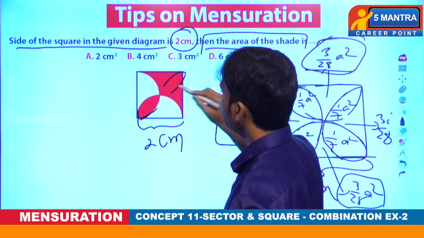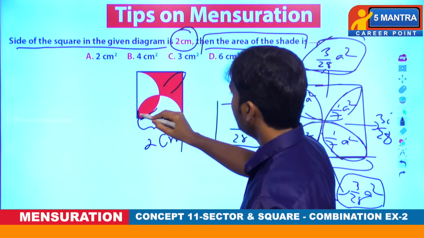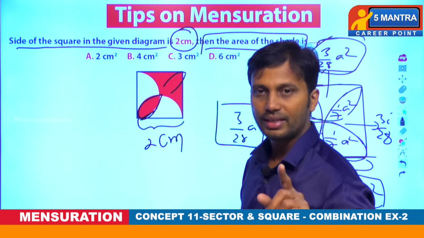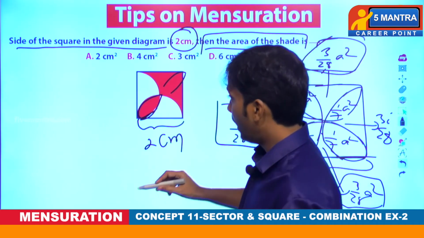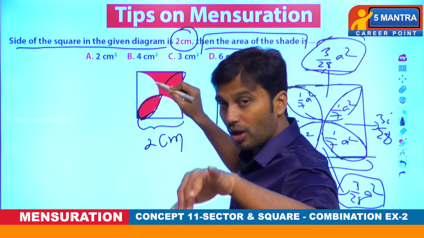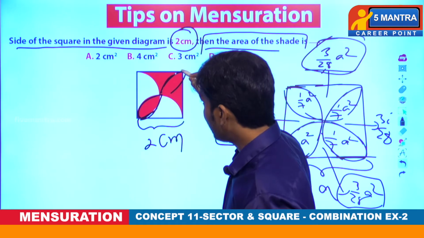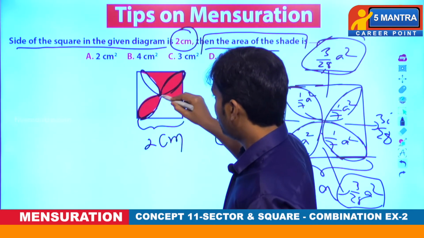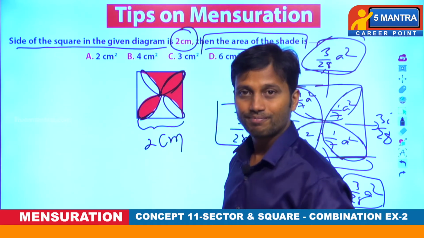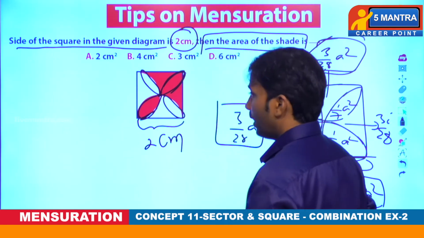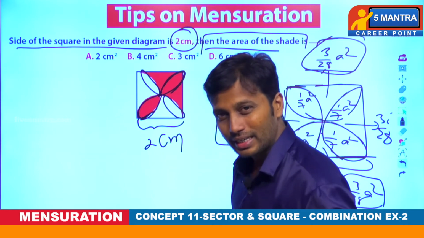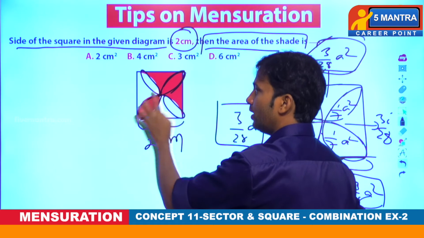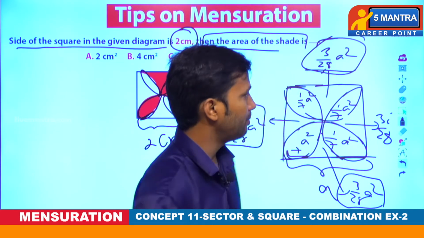That means if you carefully observe, if you draw this petal, that you know, 1 by 7 a square. Clear? And now here, if you would have drawn all the 4 semicircles, one more petal should come here. Is that right or not? And here one petal should come there, and here one petal should come there. Understood? Now, which is your red colored shaded region? Not this, not this, just this one and this one and this one and this one. Now come to this diagram here.